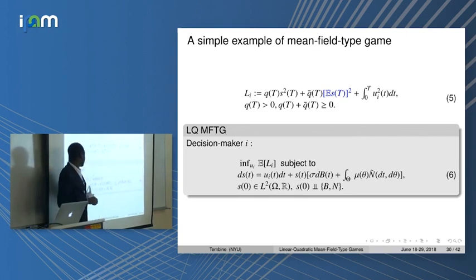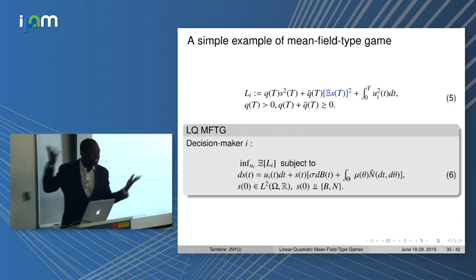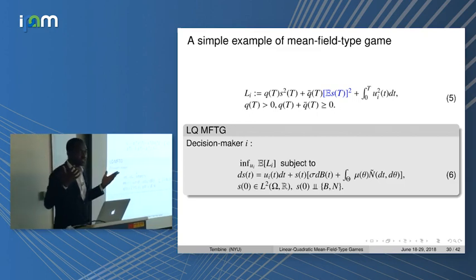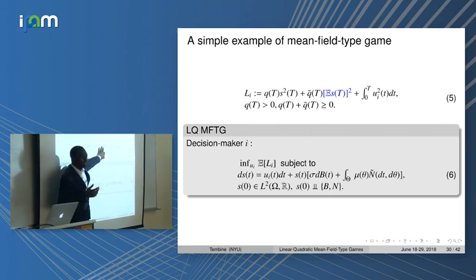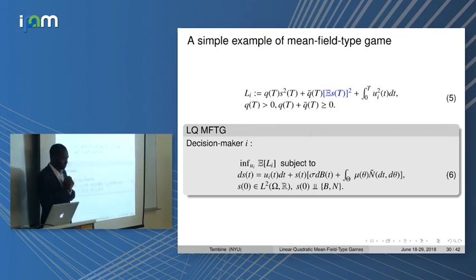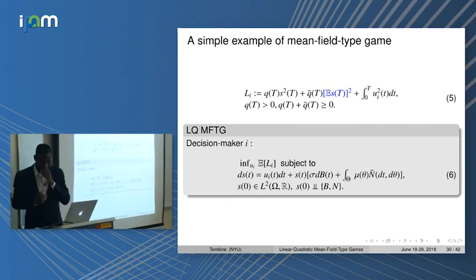Why? Because you look at the state dynamics, you change your control, this is changing the state. So it's going to change the expected value. If it's changing, how can you freeze it? You cannot freeze this. Now, we have solved it with the mean-field game approach. Now we'll solve it with the mean-field type game approach and look at the solutions.